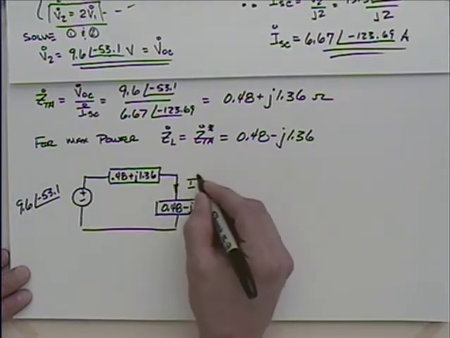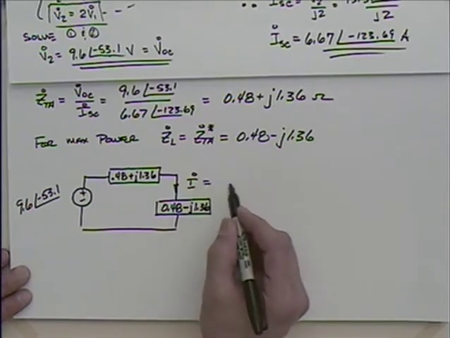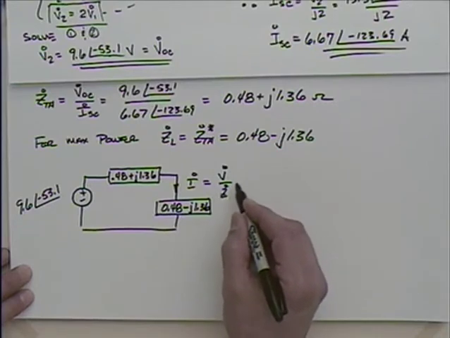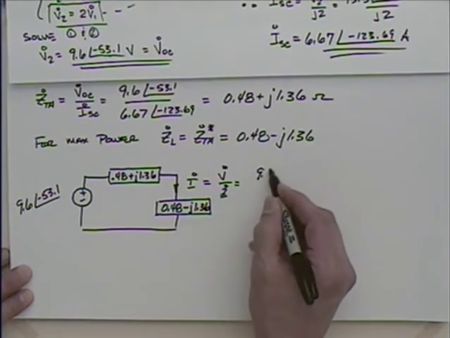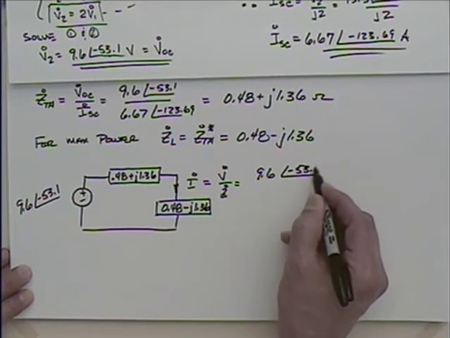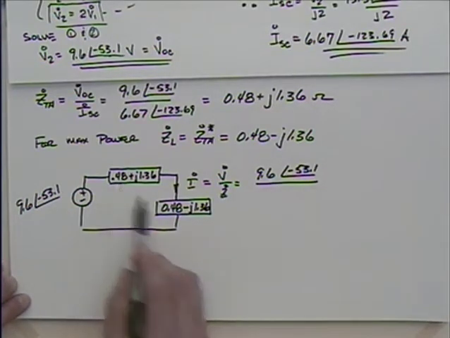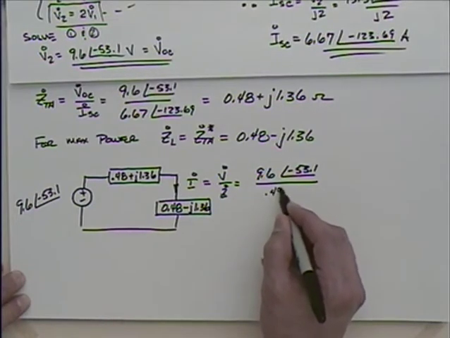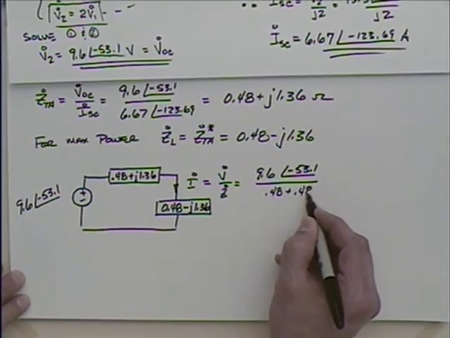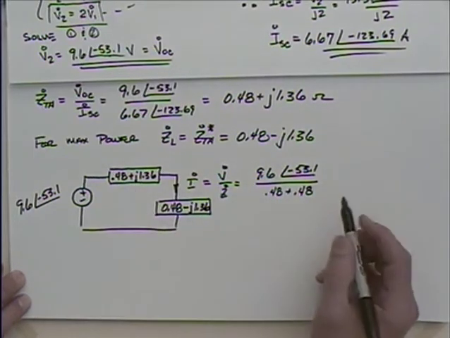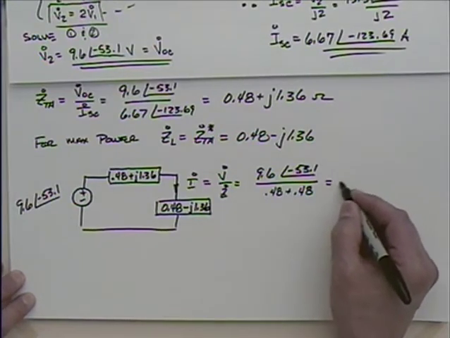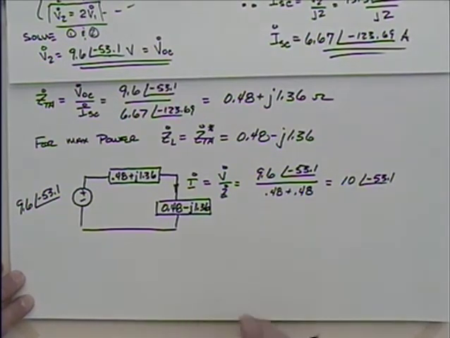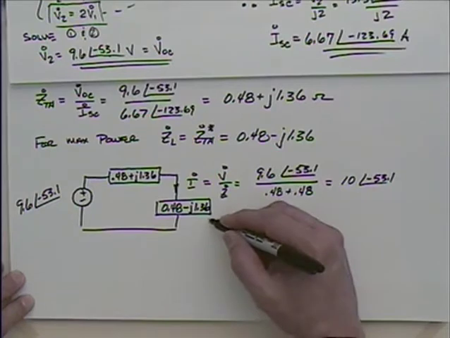If I talk about this current here, I, what's I going to be equal to? Well, voltage divided by total impedance, isn't it? So I could say that was 9.6 at an angle of minus 53.1. And if I look at the total impedance, adding these together, what do I get? 0.48 plus 0.48, right? The J's cancel. It's completely real then. So then I have 10 at an angle of minus 53.1. Okay, so I could say then that the power dissipated here